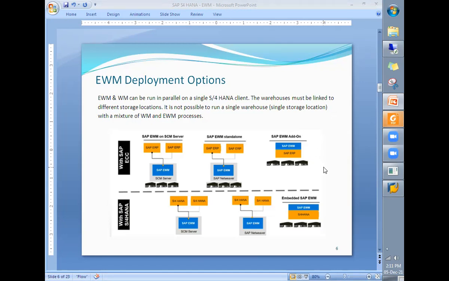After launching SAP S/4HANA, embedded EWM was possible. And again, here we have decentralized EWM with ECC, decentralized EWM with S/4HANA, and embedded EWM. So these different deployment options are available. Based on the business requirement, and again it varies from industry to industry, they select, and we as EWM consultants propose the best deployment option to the companies, right?